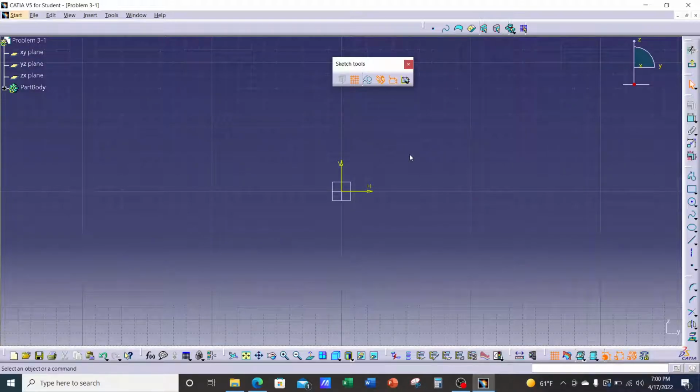And this is anytime you go into Sketcher. About half of you will like the grid in the background. About half of you will prefer to turn it off. It's a matter of preference. What do you prefer? I like the grid in the background. Okay, it tells me I am in Sketcher. All right, so